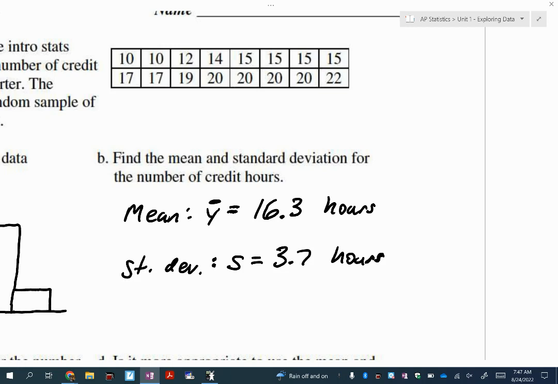But if you look at a student that has like 15 or 17 credit hours, they're really close. So what it does is it finds the average distance of your data values to the mean. So really what I need you to know is that if you see a small standard deviation, that means that all of your data values are pretty close to the mean. If you see a larger standard deviation, that means your data values are more spread out, farther away on average